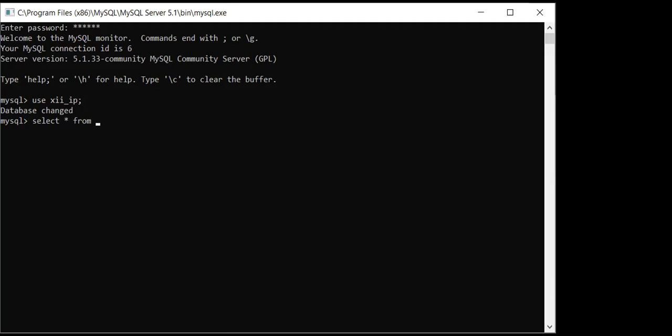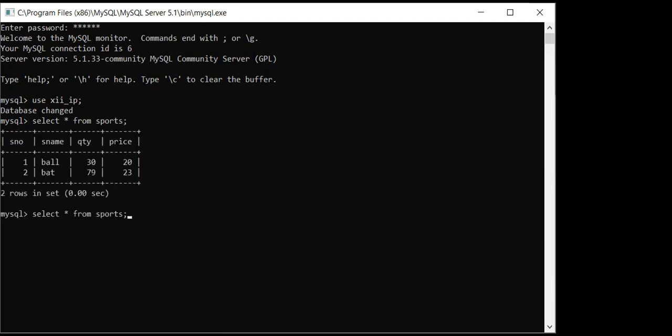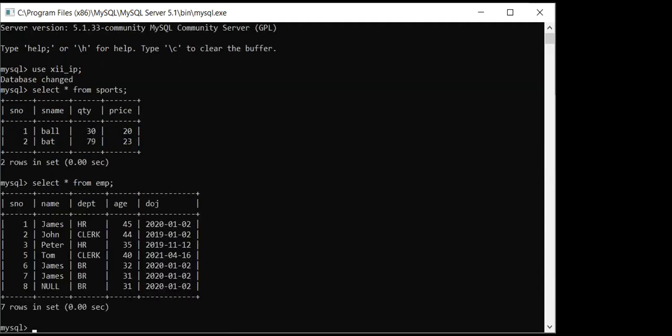So first I'll show you both the tables again. First is sports. This is my first table, and second one is EMP. In this, 2 rows are there and here 7 rows are there. Remember this thing, it is given 8, but total 7 rows are there, and 4 and 5 columns are there. So when you do cross join, it will be 4 plus 5, that is 9 columns, and rows will be multiplied, means 2 into 7, 14.